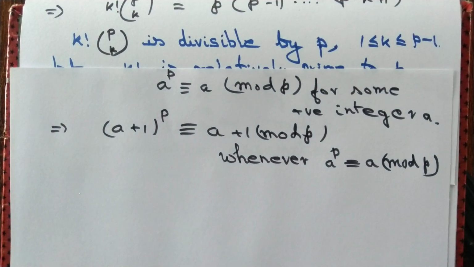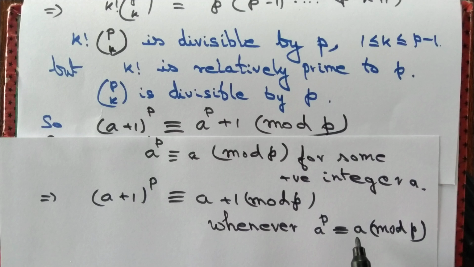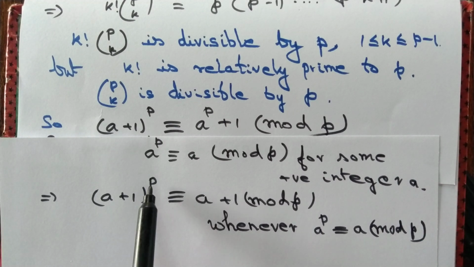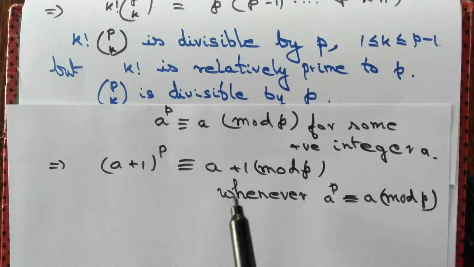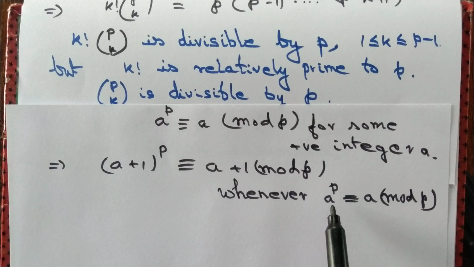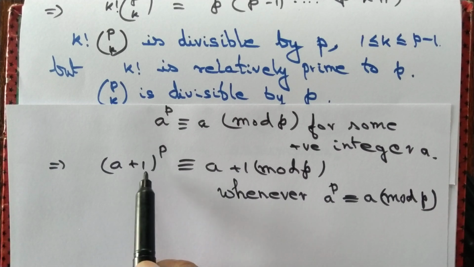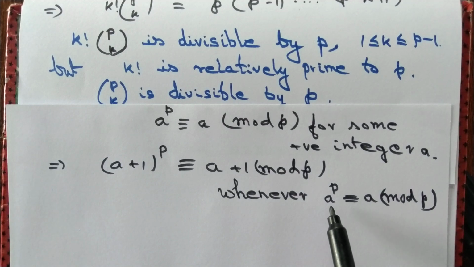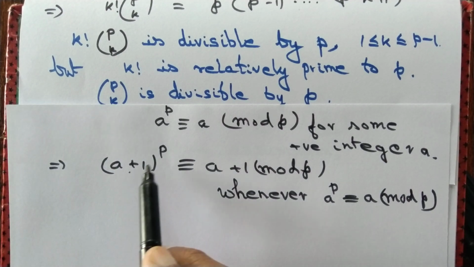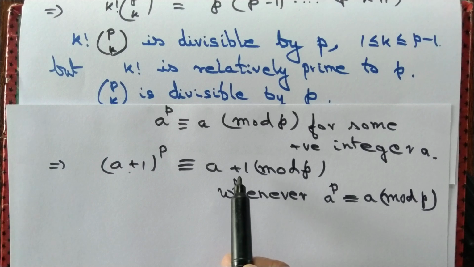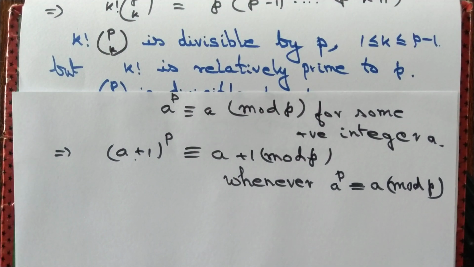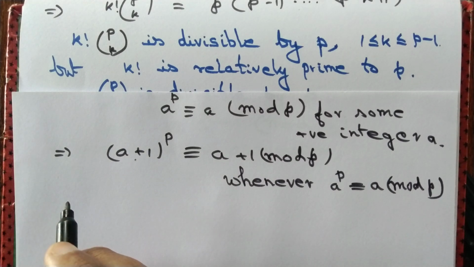What does this mean? We already know that for a equal to 1, this is true. So if I write a equal to 1, then I can say that 2 to the power p is congruent to 2 mod p. Again, by choosing a equal to 2, we find that 3 to the power p is congruent to 3 mod p. Again, by choosing a equal to 3, we find that 4 to the power p is congruent to 4 mod p. And if we continue this process, by the principle of mathematical induction,